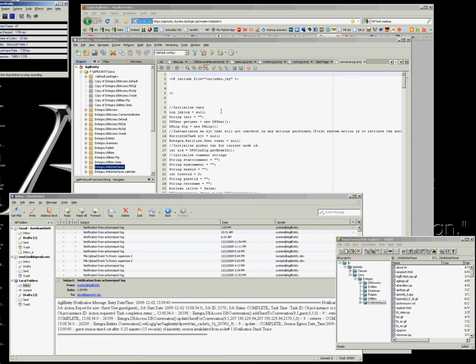Hello, in this tutorial I'm going to show how I can make a quick modification to the AgilEntity templates that will modify a certain aspect of the behavior for delivering action reports. So you can see here by looking at my Thunderbird inbox, I have notifications set to go to the super user account, which is set as this address here, and I'm receiving a